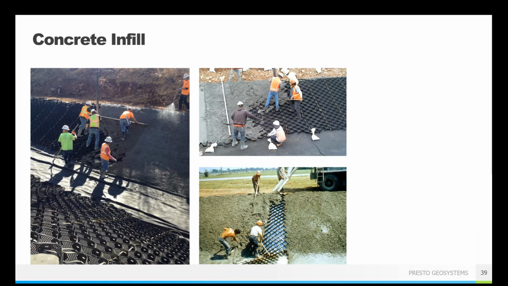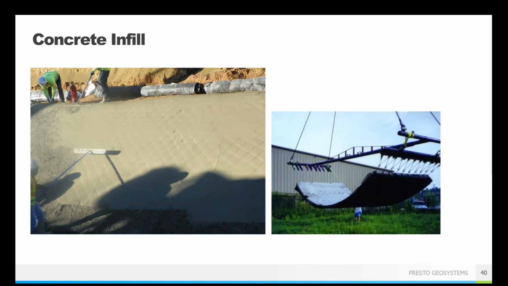And so, like I said, you pour directly into the GeoWeb cells and then you screed that concrete flush with the top of the cells so that you know you have a consistent and uniform concrete thickness over your entire project area. And again, you can have that higher slump to make installation a little bit easier without worrying about it all slumping to the toe. And then you can have a broom finish if that's what you're looking for, or a smooth finish, whatever you need depending on your project details.